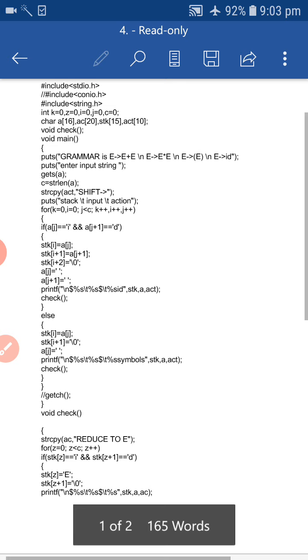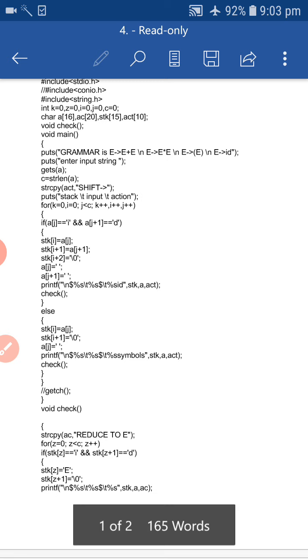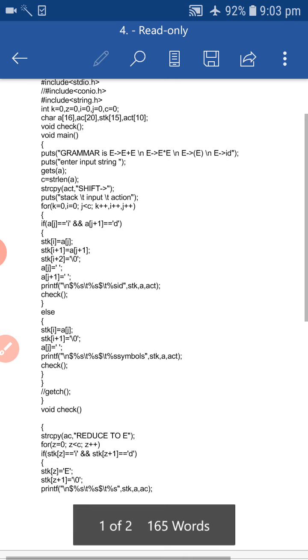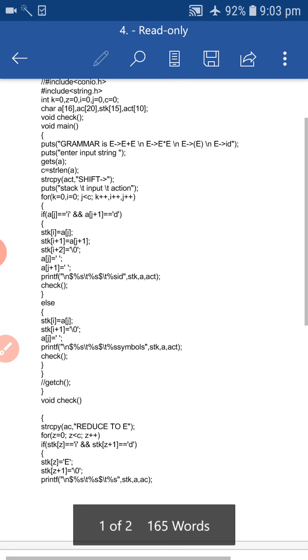Then c equals strlen, the string length, which returns the length of a into c. And later we are using string copy.